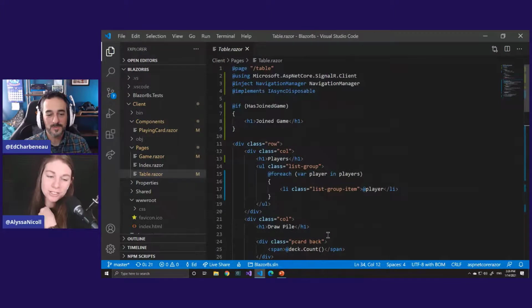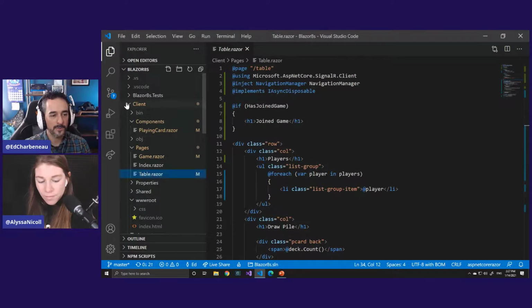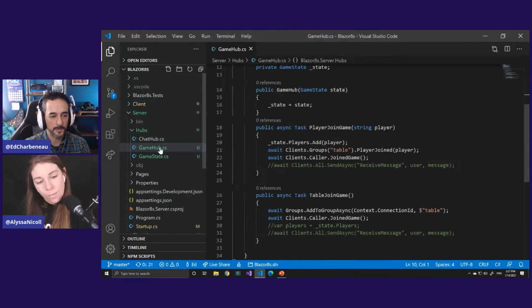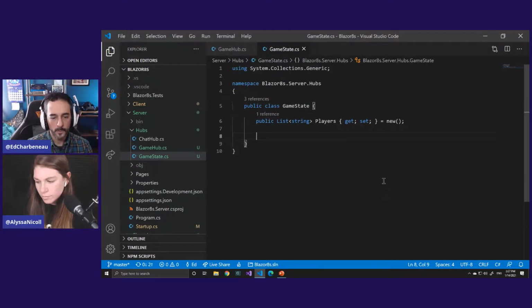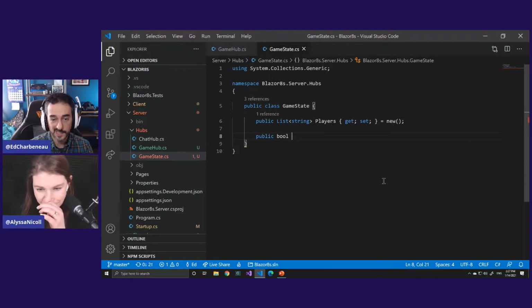But yeah, so I personally wish all players had the ability to say that. So all players can create the game, start the game, whatever. I think we need to just kind of riff inside of the game state then, because we have players, but we have no way to indicate that the game has started. We have no cards to draw or shuffle. We need stuff. I think we need some stuff in here. So in the game state, we need to have a flag at least that says